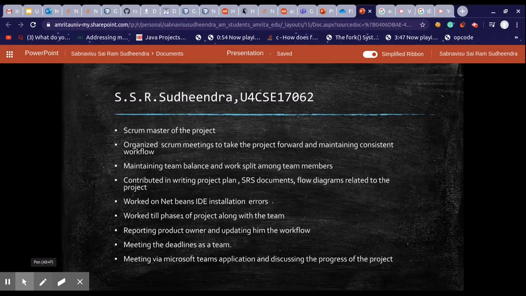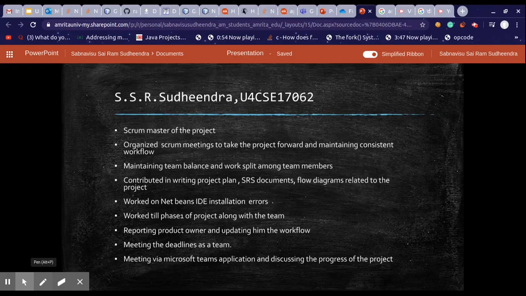Due to lockdown, we could not meet regularly, so we organized team meetings via the Microsoft Teams app, and GitHub played a vital role in sharing the code, and we successfully managed to learn using GitHub.